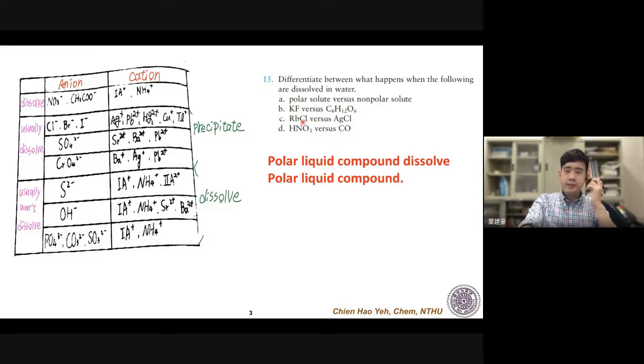Okay, part C is kind of important, but still basic. So, okay, rubidium fluoride, let's see over here. The key to this problem is fluoride. So over here, when you see fluoride as the anion, what can make it precipitate and not dissolve is silver, lead, dimercury, Cu1 and Tl1. These are the cations that can make it precipitate. And most of the cations can make it dissolve inside of water.